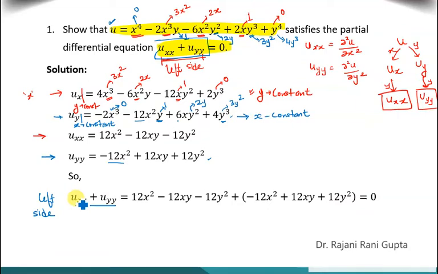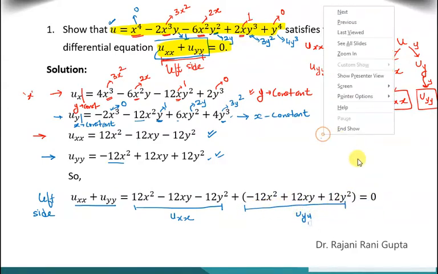So uxx is this term, 12x square minus 12xy minus 12y square. This is the term for uxx. Okay, and uyy is this term which we put here. Now what we can see here, if we check the signs,